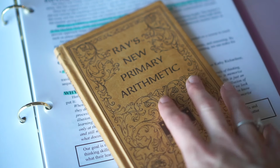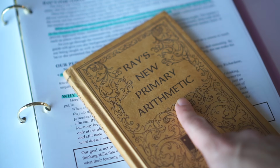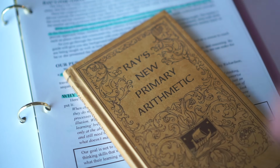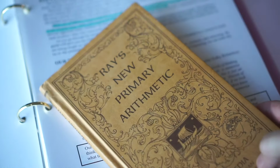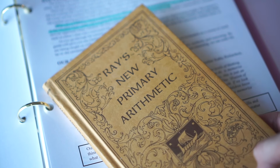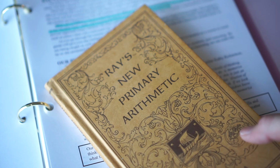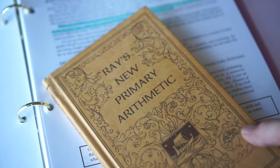I don't remember if I mentioned this or not in this cut, but Raise is another wonderful way to, if you are struggling with a math curriculum and you need to take a step back from your current one, but you don't want to start a new one from the beginning, I would supplement with Raise until you complete a skill set, until you're ready to move on to a quote-unquote formal grade. So if you're, let's say, almost halfway through the school year and you're like, this is no longer working for our family, but I don't want to spend the money and I don't want to spend my time and resources starting the grade over again,